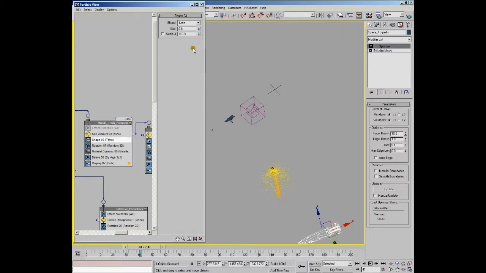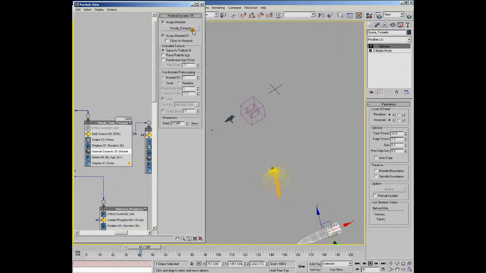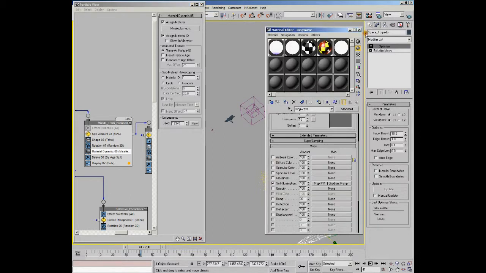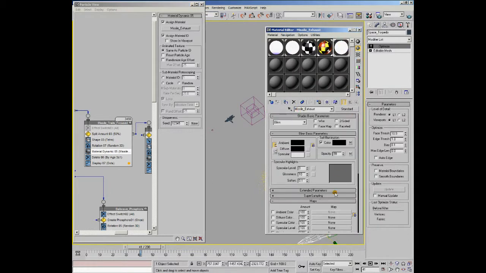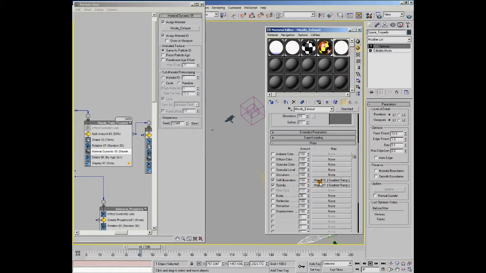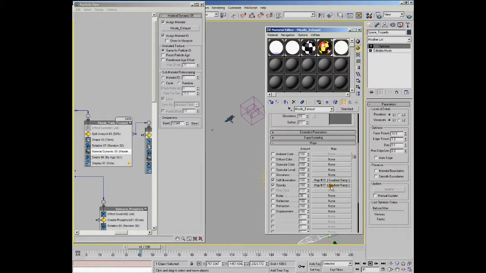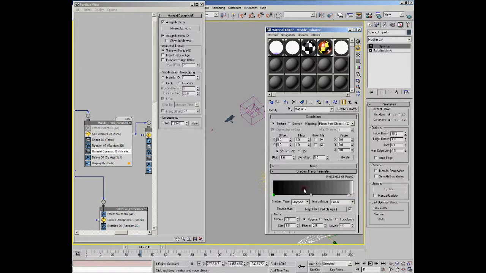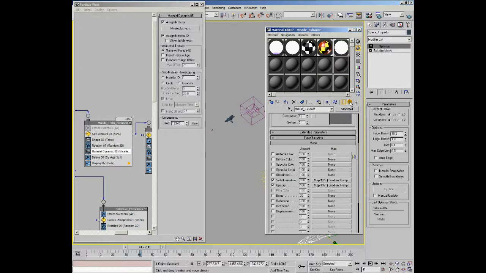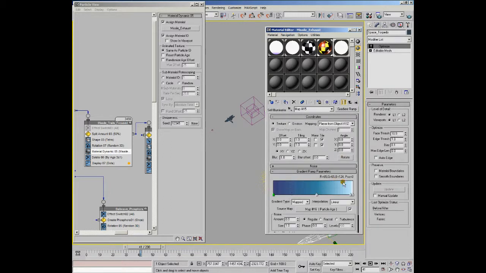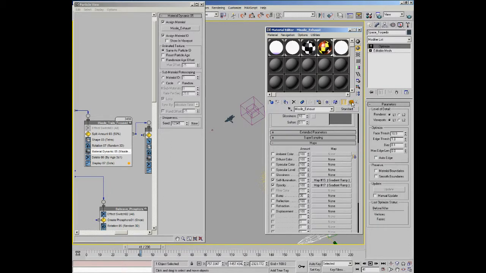You can see we're using shape tetra, we're rotating them randomly, we're assigning a material, which is the exhaust material, which is down here. This is just using the gradient ramp for the color. So we have this color here, and we're using an opacity map as well, using particle age and a gradient. And you'll note that the gradient color is actually blue, and in the finished result that I've shown you, you'd actually notice maybe that